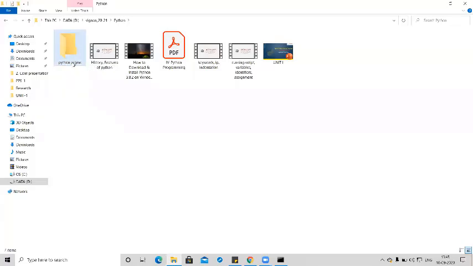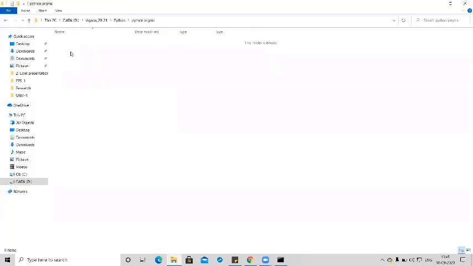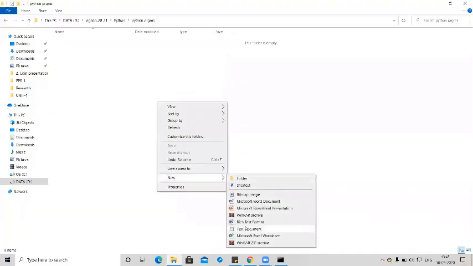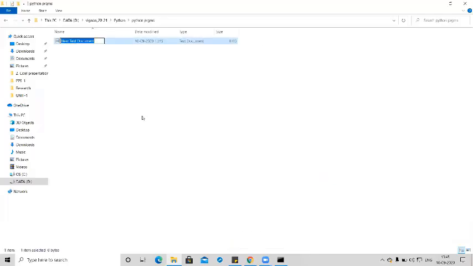So that folder name is Python programs. After that, open this folder. Does the folder contain any files till now? No. So now right click, new, notepad or text document, anything. Simply open it.